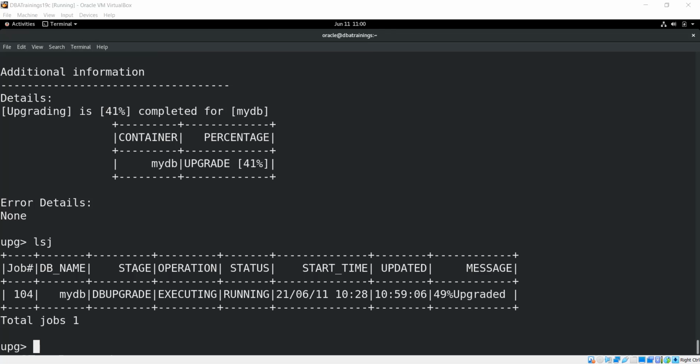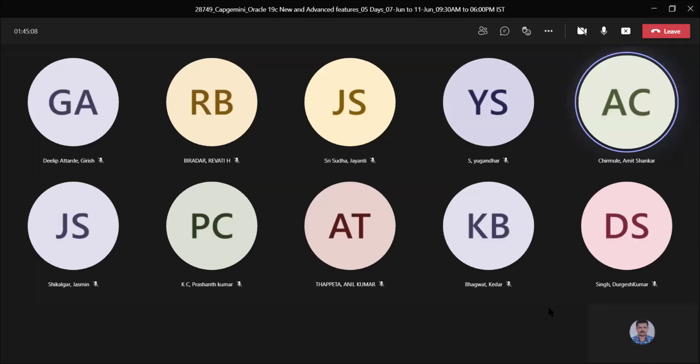What do you suggest, guys? Meanwhile we can take the tea break, and then we will continue once the upgrade is completed. Is it okay? We will be back at 11:30. Thank you. Girls are silent. Jayanti, Jasmine, Reti.